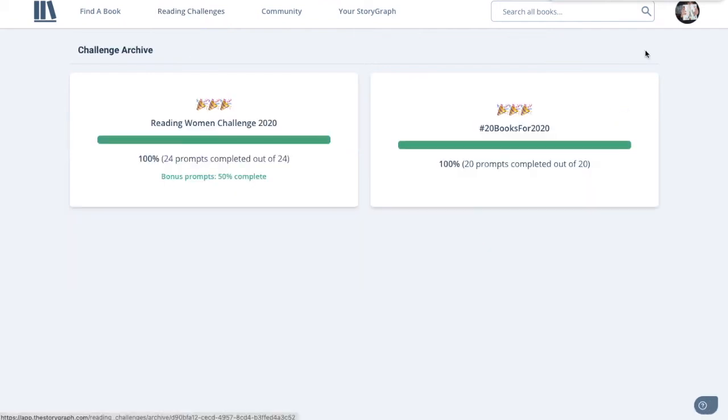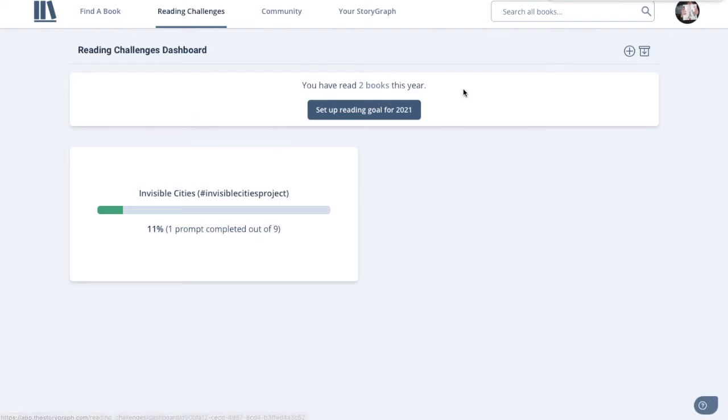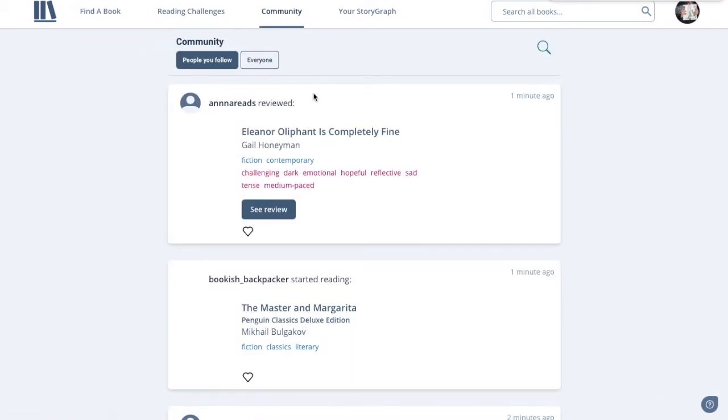And we also have the archive of challenges. So these are the challenges that I did in 2020, and I completed both of them. But yeah, it's very satisfying. That's a little bit how it looks when they are completed. So that's the reading challenges page, and then the next page is the community page, and here is basically